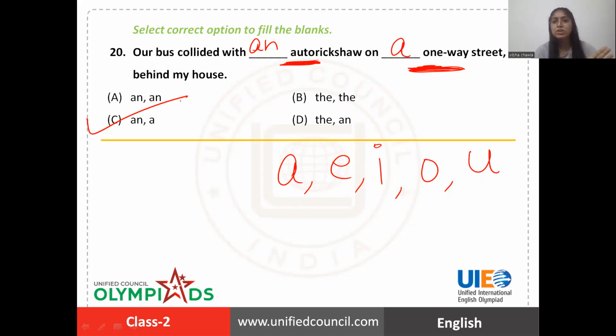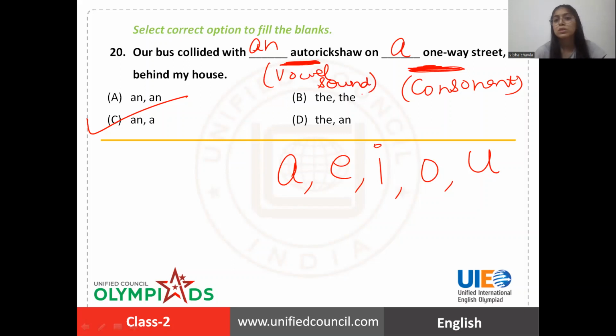Okay, an auto rickshaw, but a one-way street. Don't go by the letter, go by the sound. It is a consonant one. That's why article a. And this is a vowel sound. Okay, let me write the sound also because you have to focus on sound. That's why an auto rickshaw and a one-way street. The right answer is option